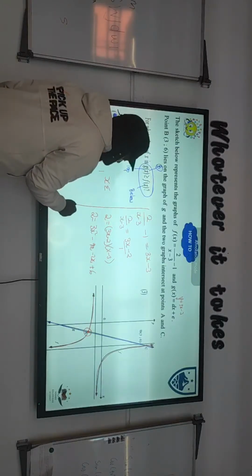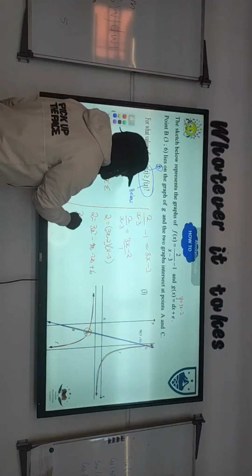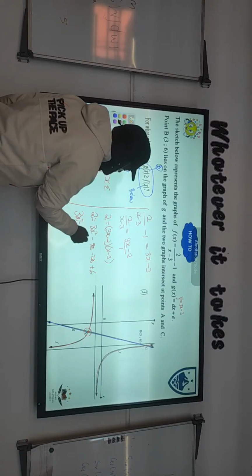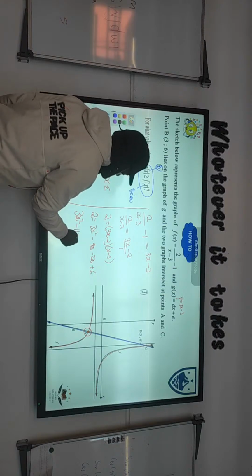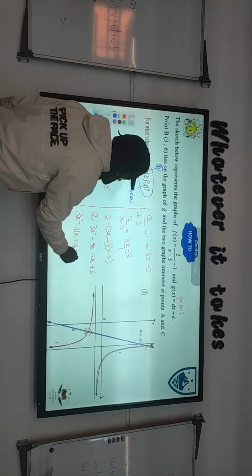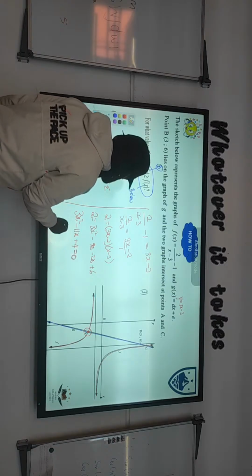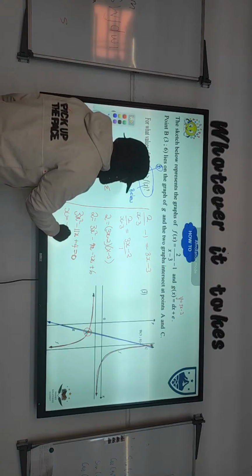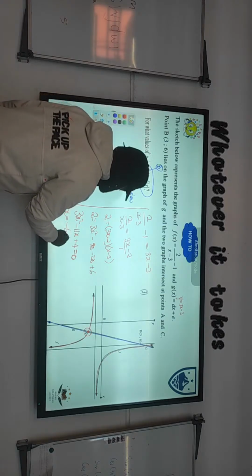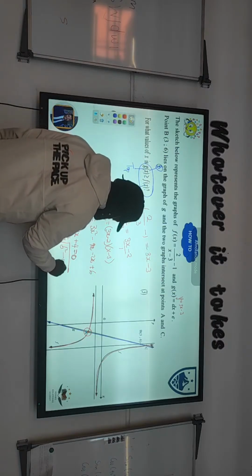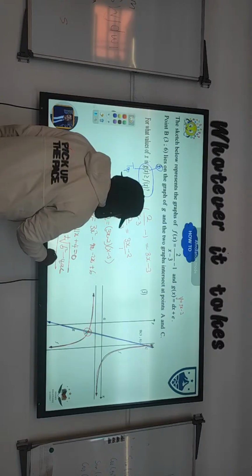And then we simplify this very quickly: 3x squared minus 11x, and then 2 to the other side, it will give us 4 equals 0. And then quickly we can use x equals negative b plus or minus the square root of b squared minus 4ac, over 2a